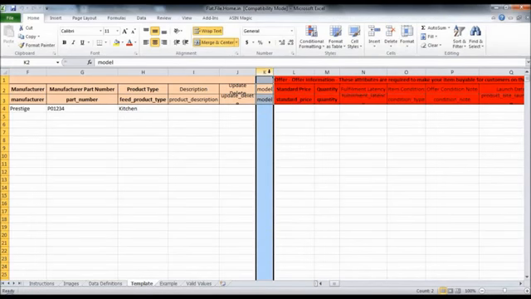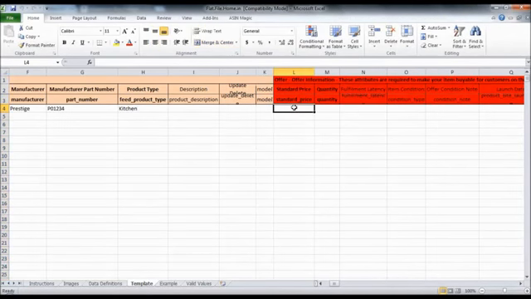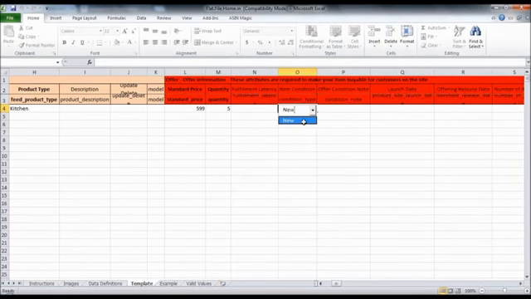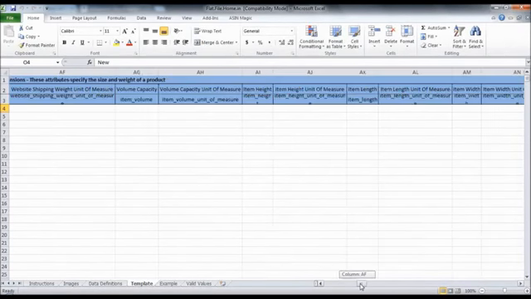Please give the model number if you have this data, and the standard price. So this will be the final price that will be visible for the customer to buy. Quantity is the stock that you currently have. And condition type, please make sure that you select the option new. All you have to do is select the options.